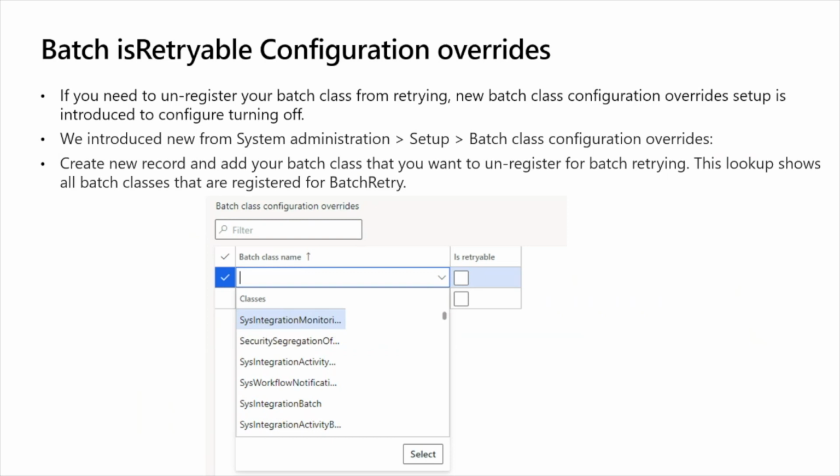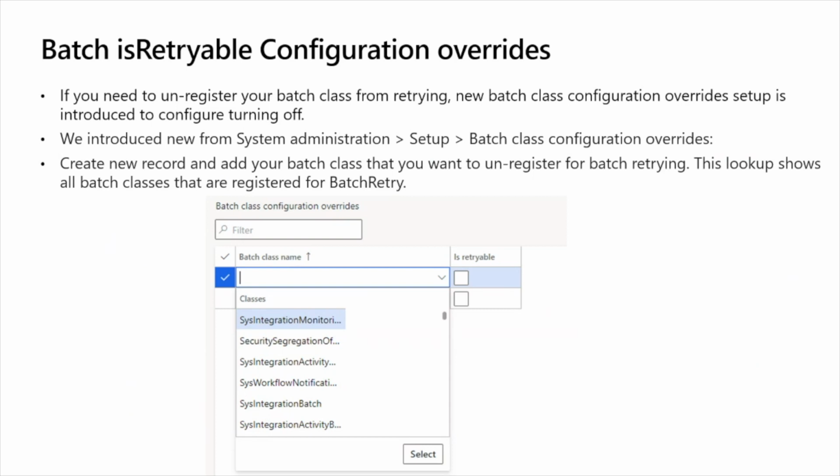So that's a configuration we introduced to make sure that you don't need to go back and make a code change if there's any issue that you foresee with your batch classes. One thing to call out is that this form is not designed for you to select a class and make it retriable by just checking this flag. That does not work.